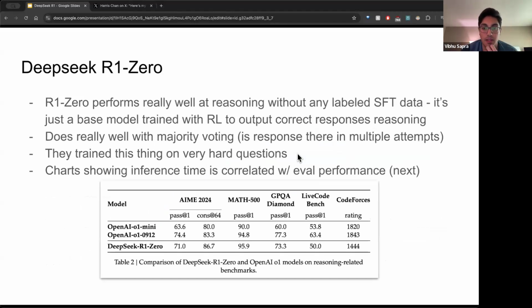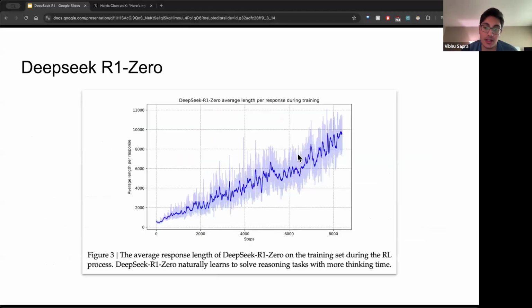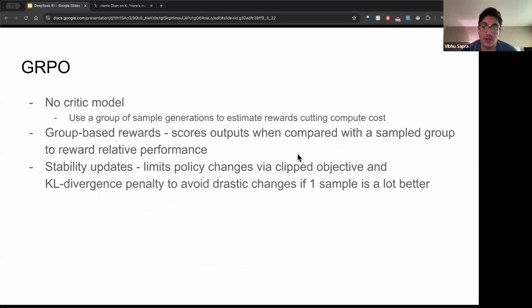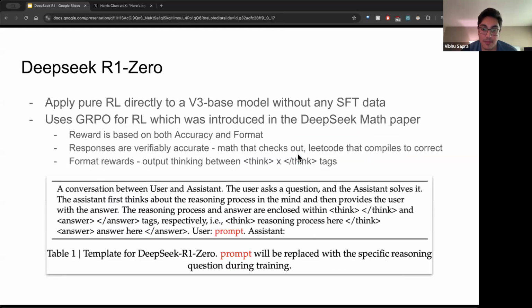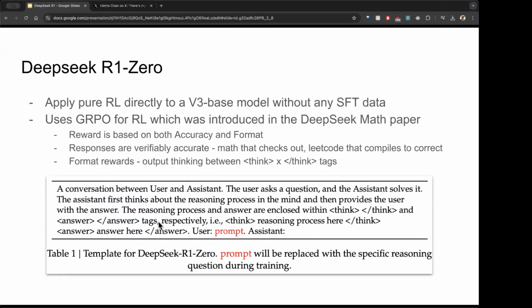Then you have the other parts of the policy, right? Like you want it to output these think and answer tokens, so you can verify that it did that. If it didn't do that, then it's going to be penalized, right? So another part of this is following this prompt template. If it doesn't output think tokens and answer tokens, or if it outputs them but doesn't give any reasoning, that's not good. Right, sometimes you don't need to reason. For a question like hello, you don't need to reason. But basically that's some of the stuff that they verify.